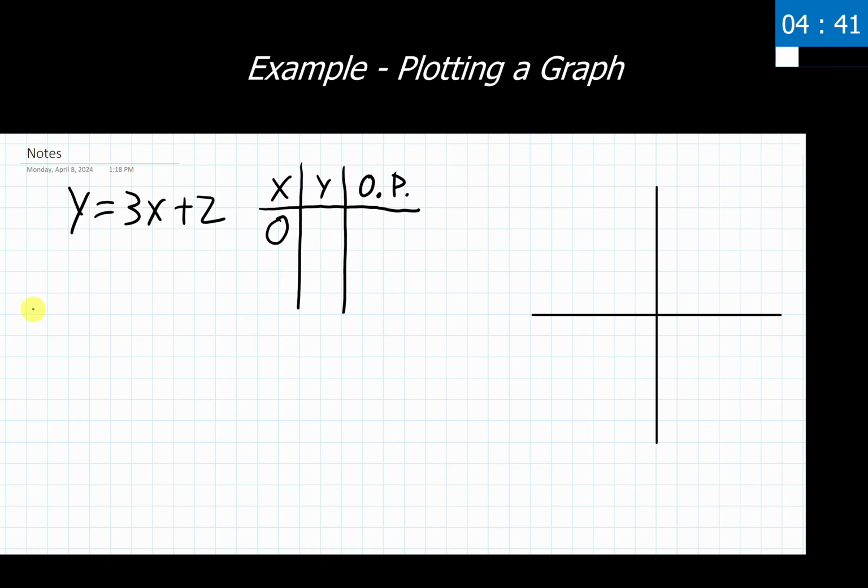So over here, I'm going to write out for myself. I'm choosing x is 0. I'm plugging 0 in for x in my equation, and I'm just solving this thing for y. So 3 times 0, that's going to give me 0 plus 2. That's going to give me 2. Great. So the y value that goes along with an x value of 0 is 2. So this whole thing as an ordered pair is 0, 2.